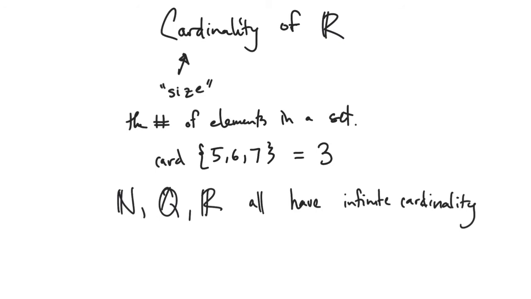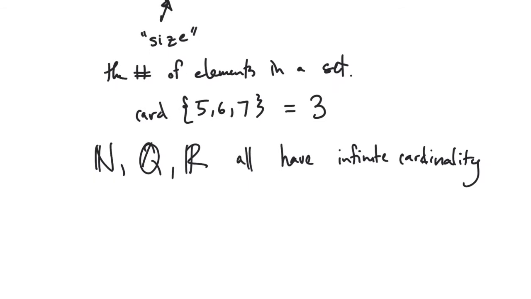What I want to talk about today is a big theorem. I've been thinking about this all day. I think I'm going to go out and say it. I think this is my favorite theorem in all of mathematics. Can you believe it? I can remember learning about this as an undergrad, and it kind of blew my mind. And I hope that it'll blow your mind, or at least you'll see why someone's mind might be blown by this. N, Q, and R all have infinite cardinality, but